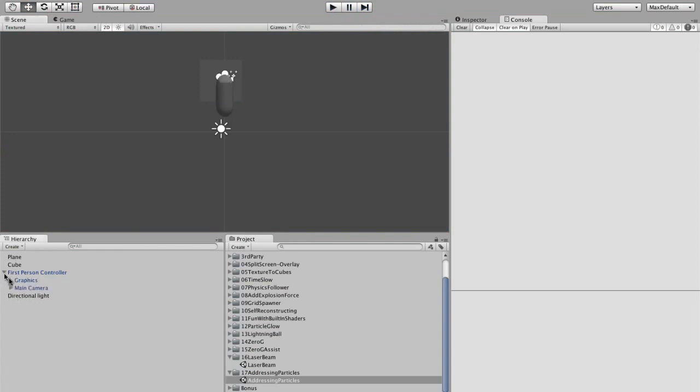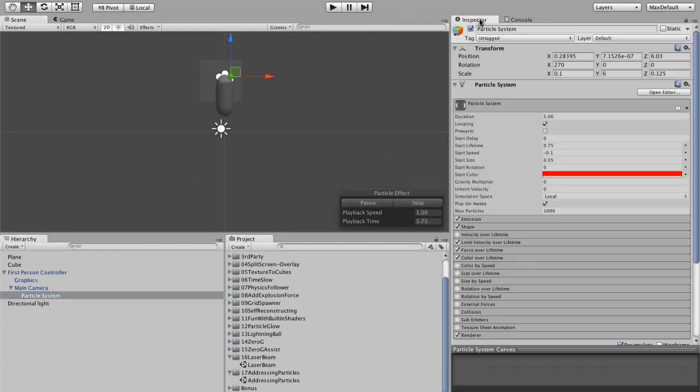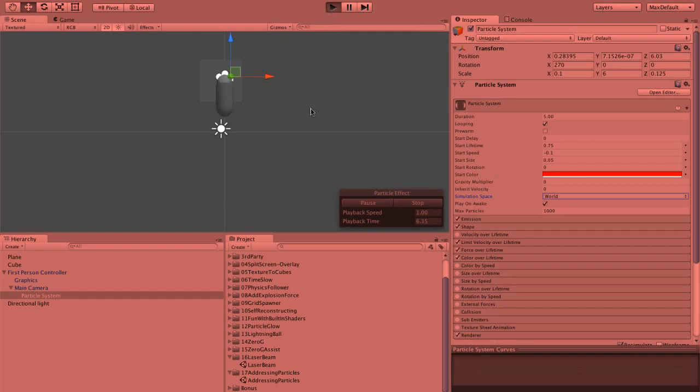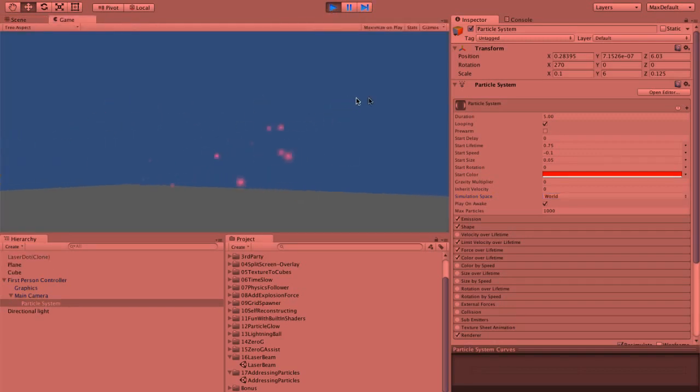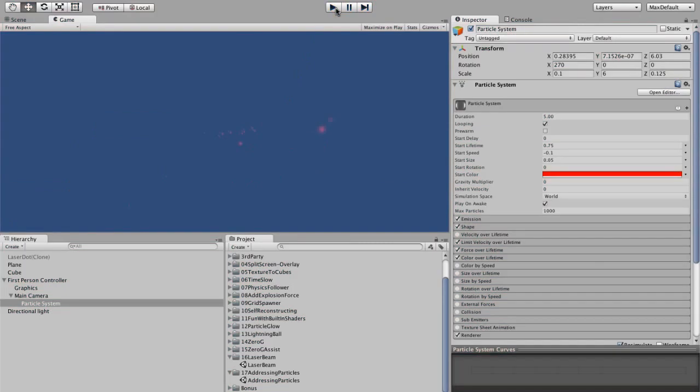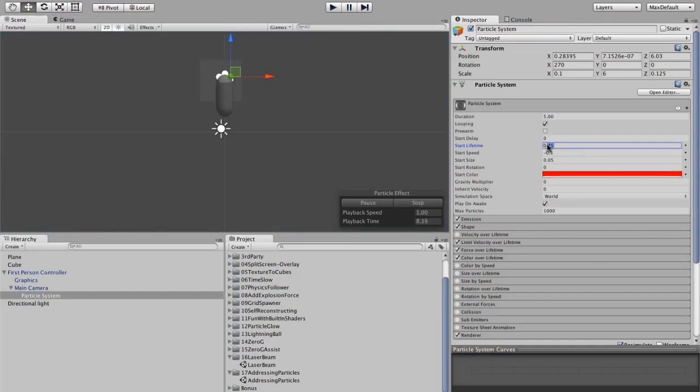So we've got this particle system, and the way we can make this move with things is we can hit world as opposed to local coordinates, which will look really bad the first time you do it because it just looks like we've got this really loose particle beam that we're actually pushing into the world. It looks like a little magic spell or something, which is not what you want. So you can fix that by bringing the lifetime way down and